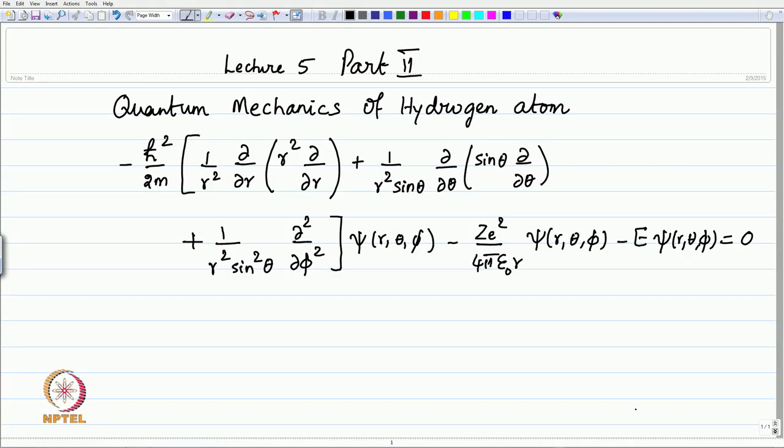Okay. So let's recap the equation. The overall equation is displayed here from the last lecture. This was the last part of the last lecture. Now you see that there is the radial derivative, then there is the angular derivative and the phi derivative. First let me clarify a couple of